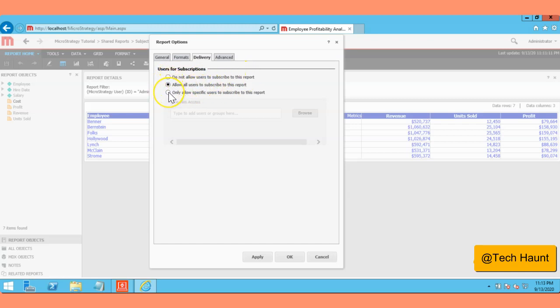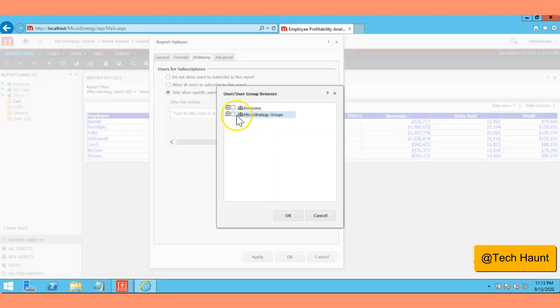We have three radio buttons here. So we need to select this one, allow only the selected users to subscribe to these reports, and you have who has access. We just want to give the access to our analysts only. We don't want to give the permissions to anyone else except the analysts.